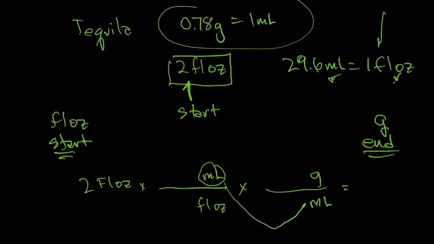So what are the values? I know that for every 1 fluid ounce, I have 29.6 milliliters. And I know that for every 1 milliliter, I have 0.78 grams. All I've got to do now is the math. I take 2, multiply by 29.6, multiply by 0.78. And that number comes out to,